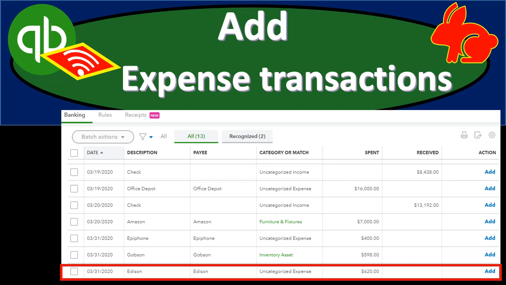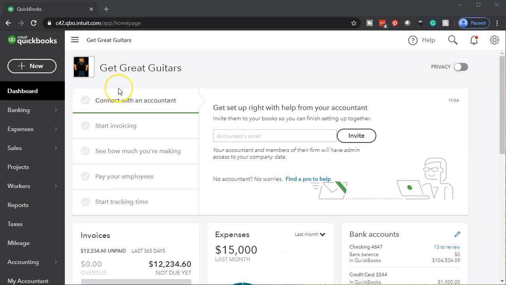In this presentation, we will add expense transactions from our bank feeds into QuickBooks Online. Here we are in our Get Great Guitars file. Note, however, that if you do not have access to a separate file like our practice file here and you